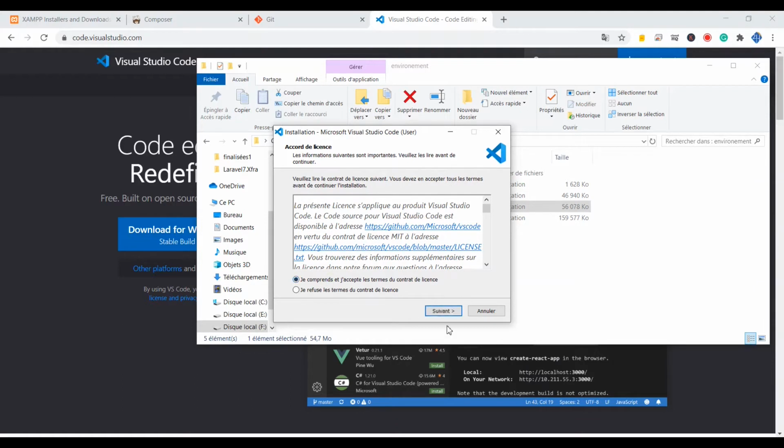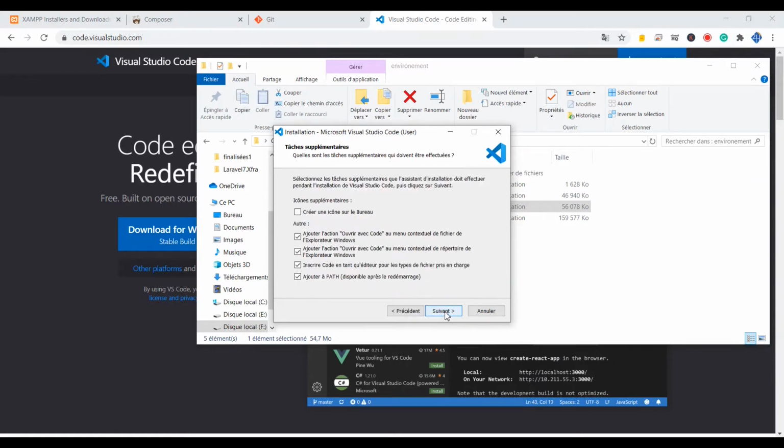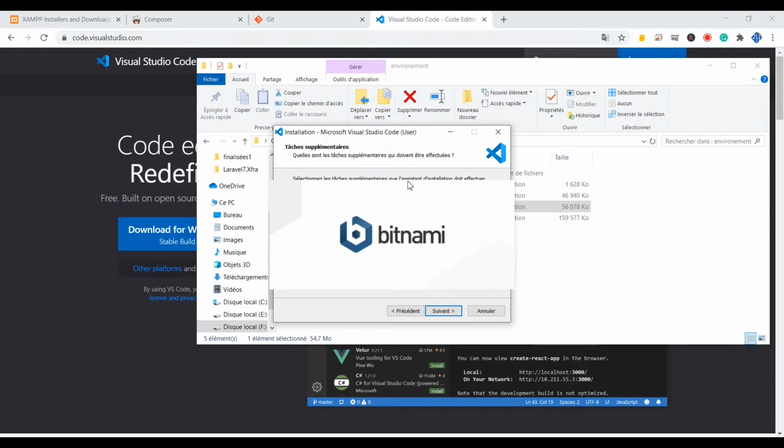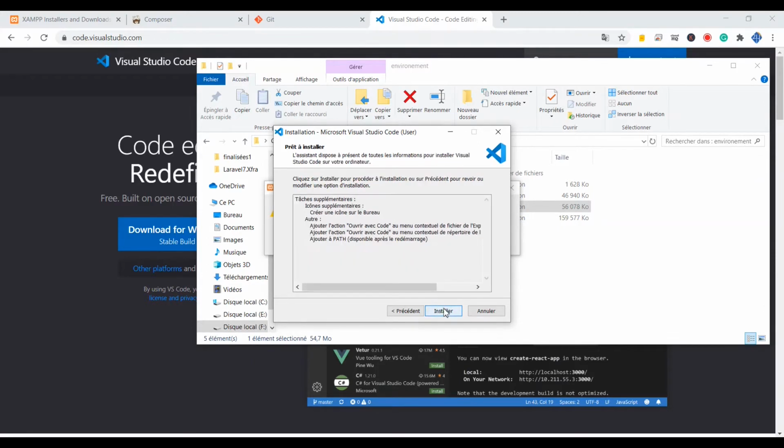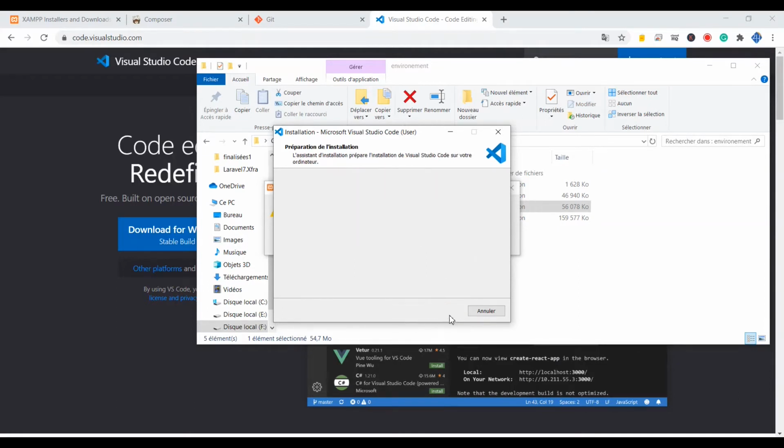And here I'm going to say accept. I'm going to say next. And here you can say if you want to create an icon on your desktop. This is for XAMPP. And here I'm gonna uncheck. I'm gonna click on next. I'm gonna click on install, and then I'm gonna install Visual Studio Code